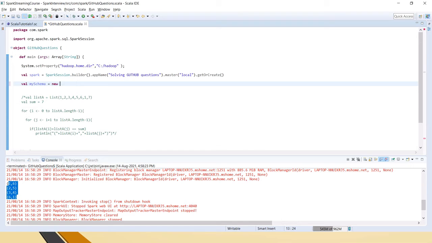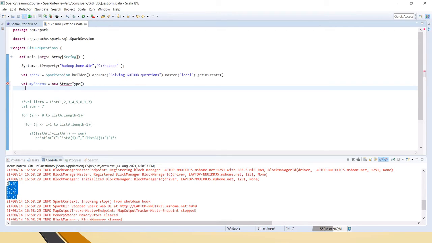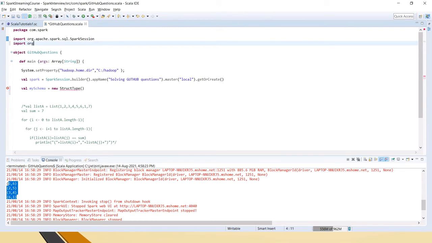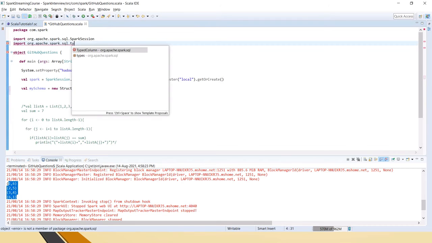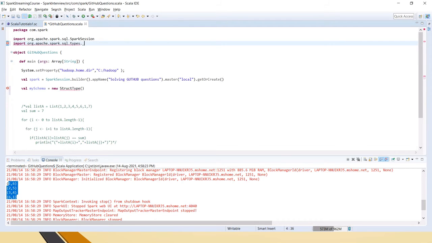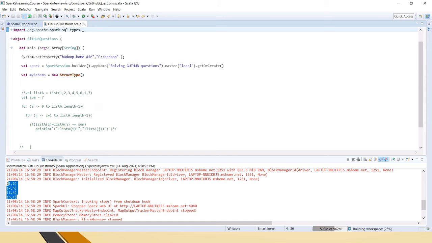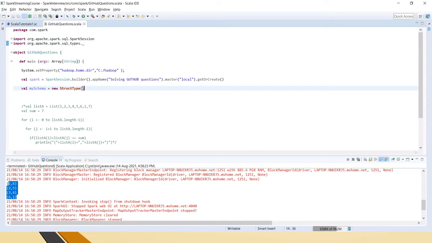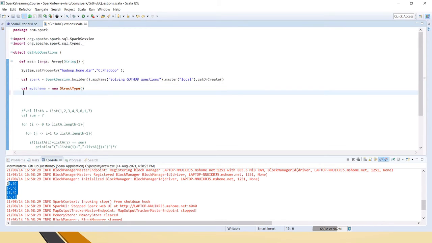That's why we have to create a schema for such requirements. So struct type; we have to import types. These types include struct type, integer type, string type, and long type, everything.